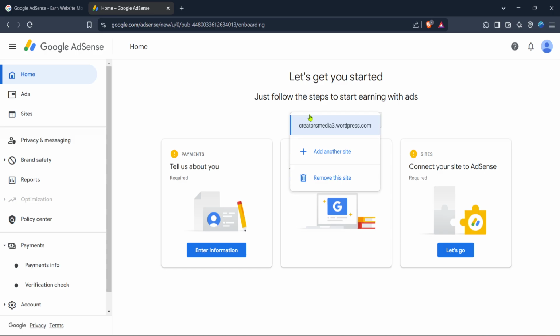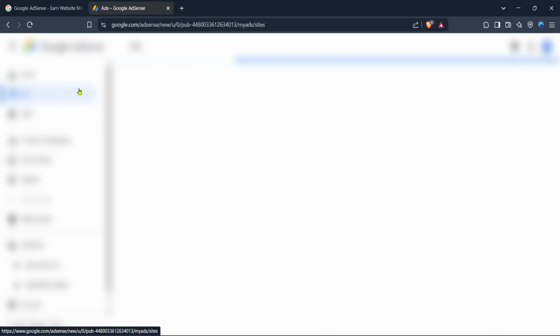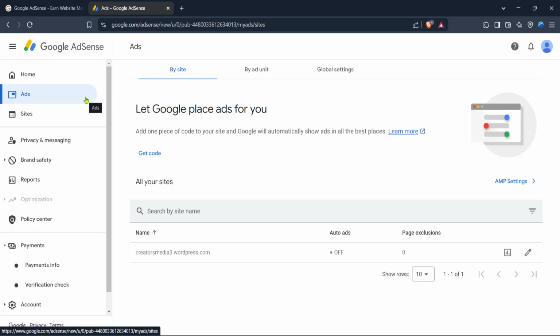Next, it's time to focus on creating the ads. On the home page, you'll see an option labeled Ads. Click on it to start setting up your advertisement. This is where you can choose the type of ad formats that best suit your website. Google AdSense offers various options such as display ads, in-feed ads, and in-article ads. Each option has its own benefits, so consider the layout of your website and where you want these ads to